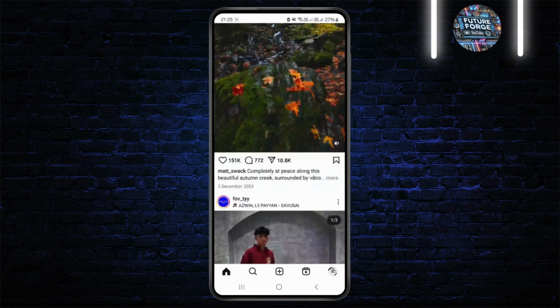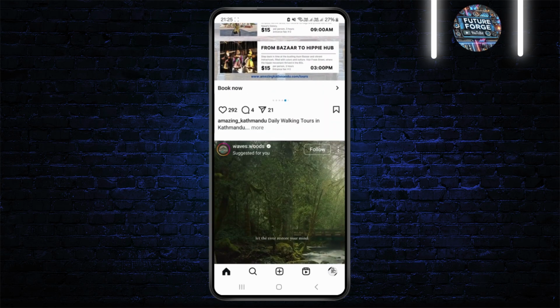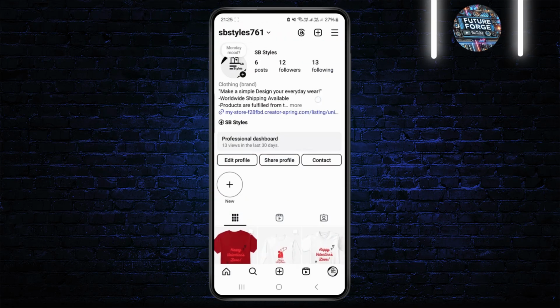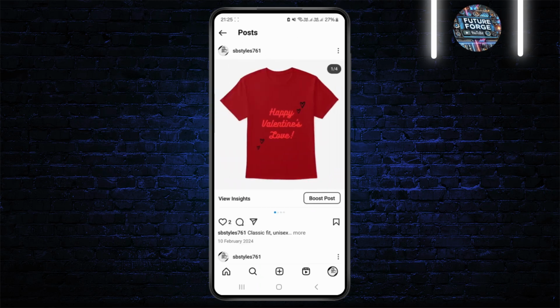In this quick tutorial I'll be showing you how you can easily change or delete your music in a post after posting in Instagram. So first thing, simply head over to your profile section of your Instagram and let me show you an example. As you can see, I have this post and this post doesn't have any music. So what you can do is just click on this three dot icon over here and click on edit,